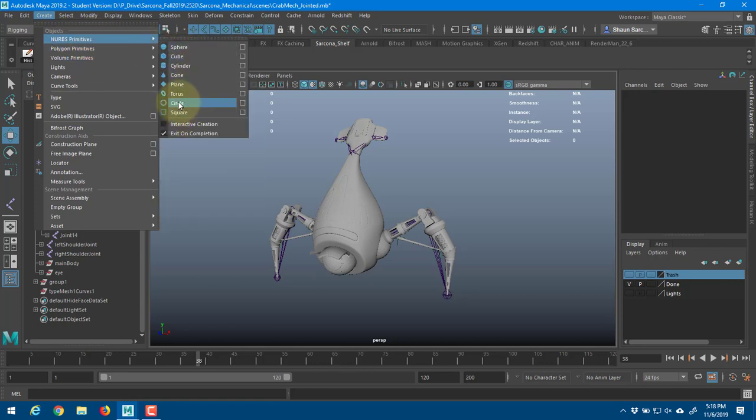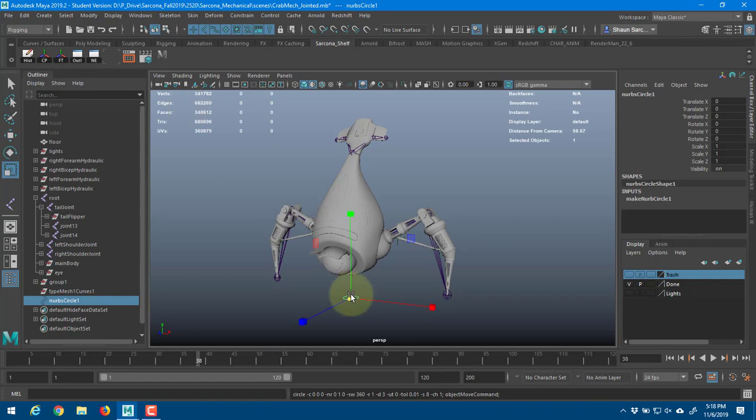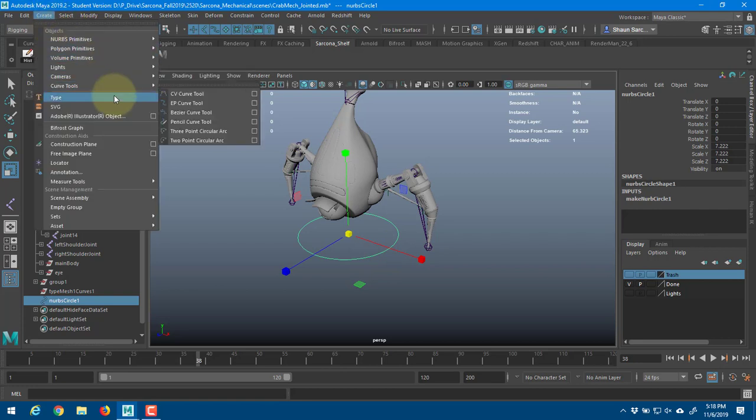This part you can be a little bit more creative with as far as how you create these. Typically you want to create either a NURB circle or some sort of piece of geometry that you're going to use for those things. If you looked at the Andy rigs, you'll see there was a mix of them. Sometimes you would see curves, sometimes you would see a piece of geometry that you're selecting for those things. So I'll show a couple different ones. If I created a circle and made that bigger, then I have a circle there, and that could be a control. If I go to create type,